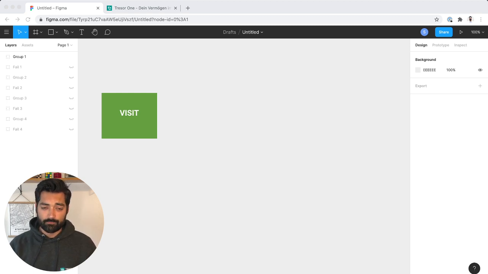But nonetheless, let me quickly define the states of a user and a customer that they will go through on Tresor One currently. So you can see the page. I'm in Figma here. And if a user visits our website, Tresor.one, that user is a visitor, right? They will visit.